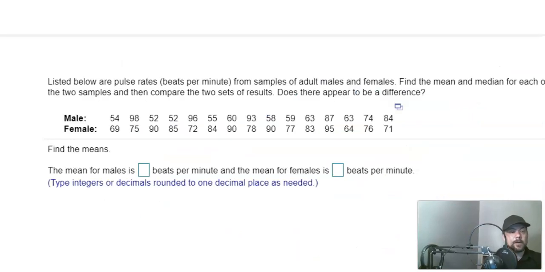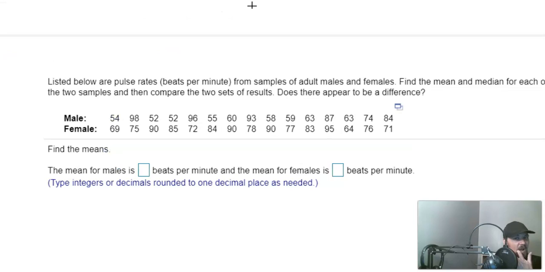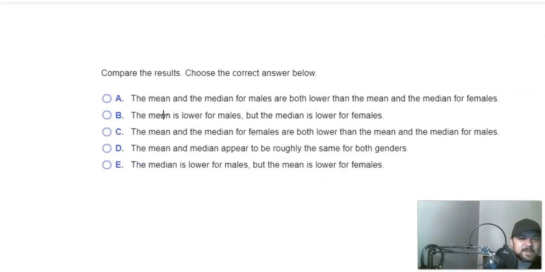Okay. Sorry, this video is getting a little bit lengthy. I do have a couple more examples here that I wanted to go over. These are from the homework. So what I would like you guys to do is pause the video, find the mean and the median. Let's not do both of these. I was going to, because there's that interpretation. Does there appear to be a difference? And I thought maybe there was something to be said, but these are fairly